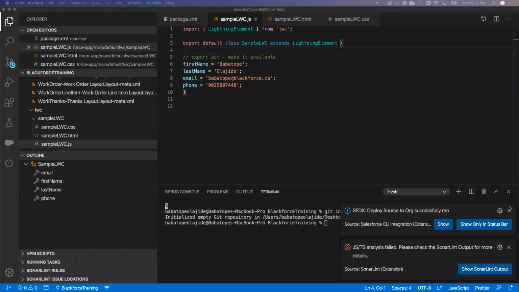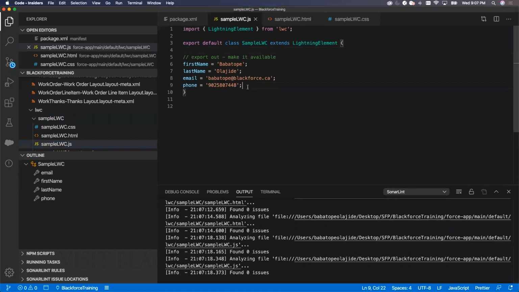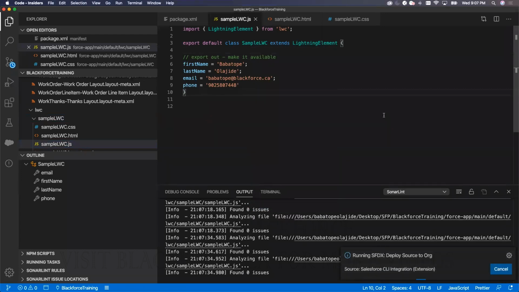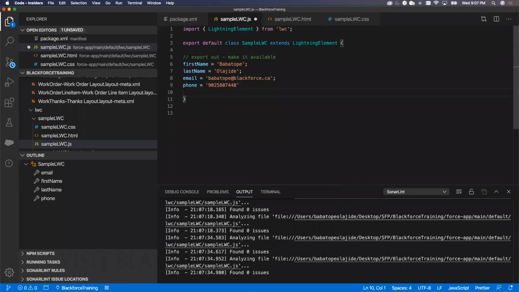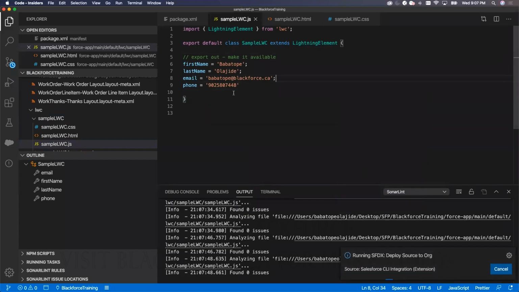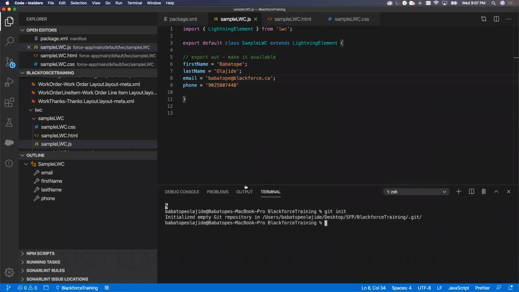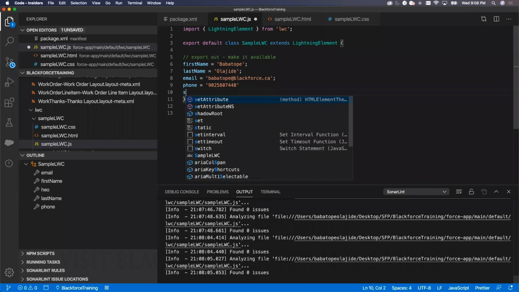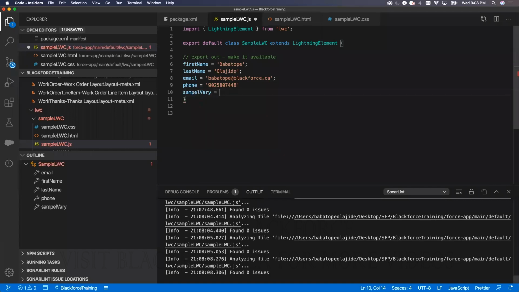I want to simulate a failed deployment. I'll take off the semicolon. Give me 1 minute. Let me see if I'm taking out the semicolon. It should fail because it's going to tell me that found 0 issue. Let me create something here. Sample variable equals